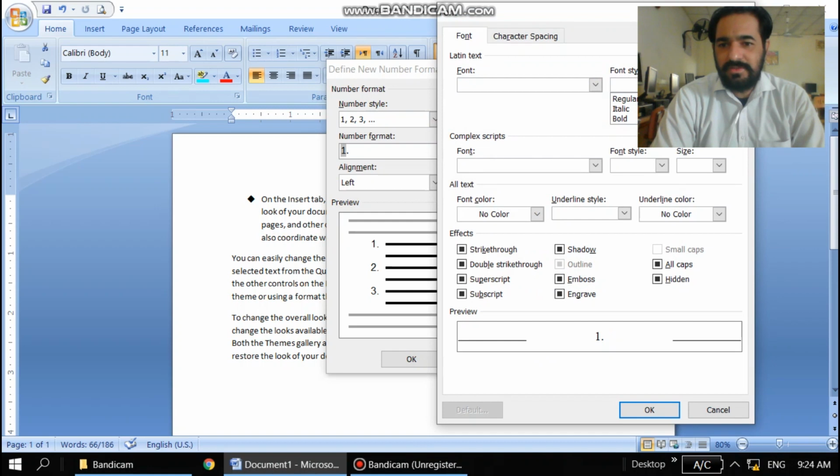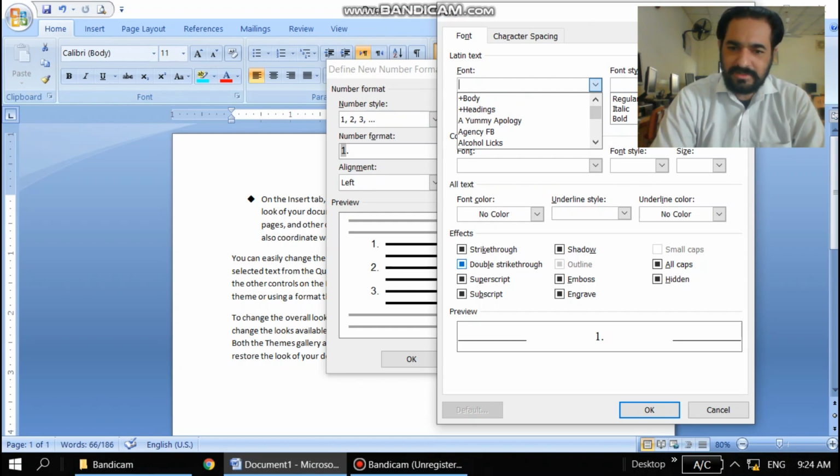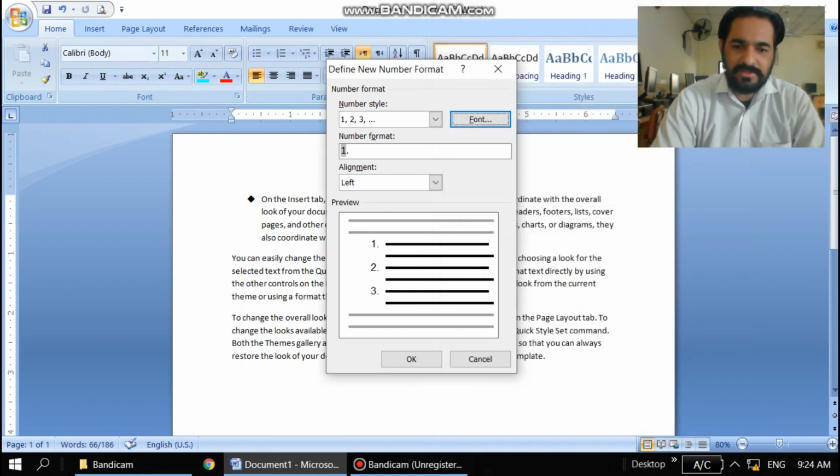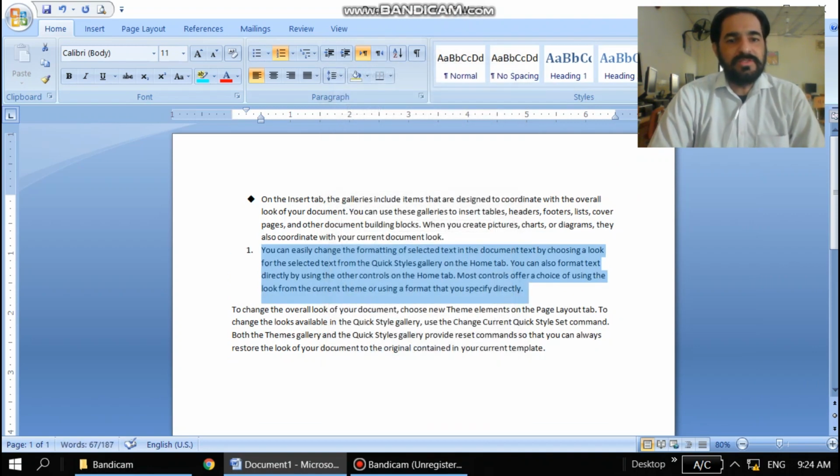There is a font. You can see there is another screen. You can select any kind of font size, which type of font you want to add. Then format is there, bold, italic, and font size. Now there are so many other options which are checked. Whenever you change any operation or option, you will see the result in that particular place. So that is a very good option in MS Word. So this was the number formatting.